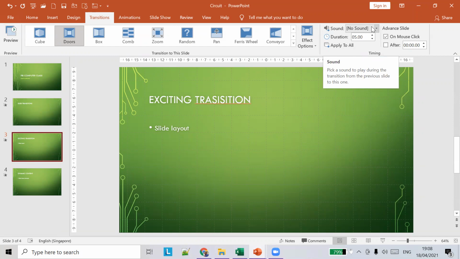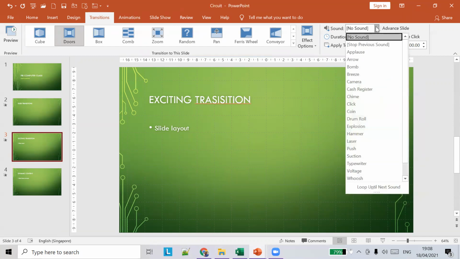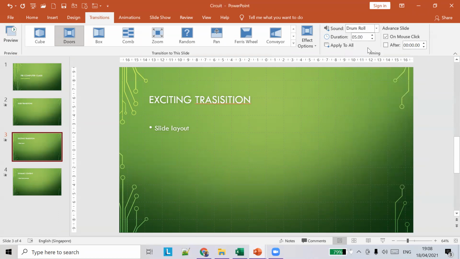So I'm going to choose the drop-down and pick any one of these sounds. I've chosen Drum Roll, and if you want to preview it, you can just click here.